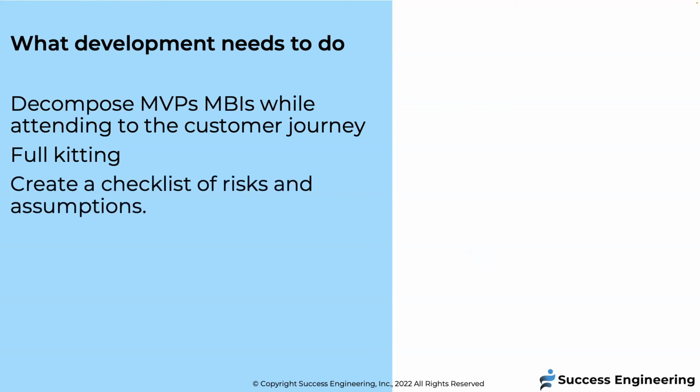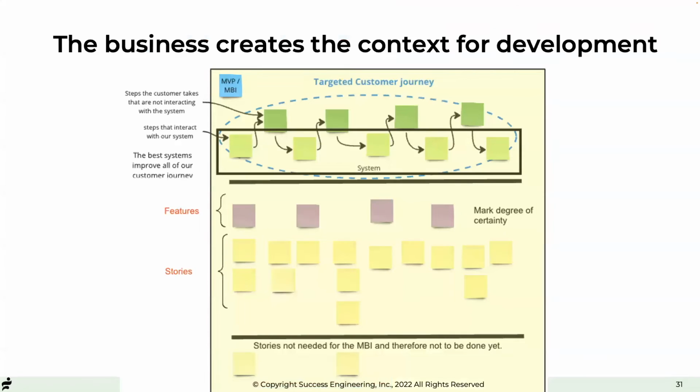Basically, you need to create a checklist of risks and assumptions. And this is basically what the board is that I'm currently building in Miro. That may change, but in a collaborative virtual board system, it'll be in that. And what's important, I'll go quickly through this and then I'll show how it fits in the context of everything. So we start with an MBI or MVP, what we're going to be building or creating.